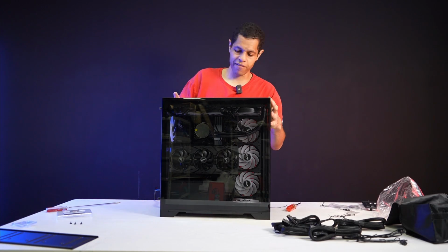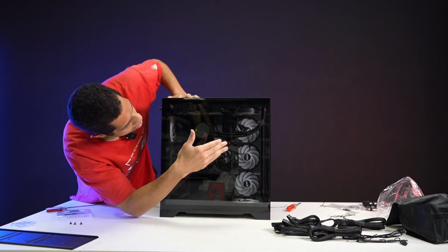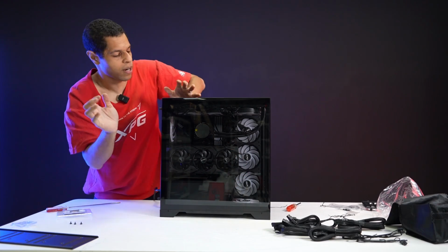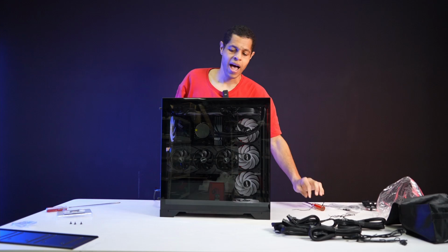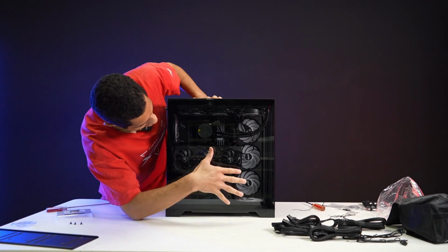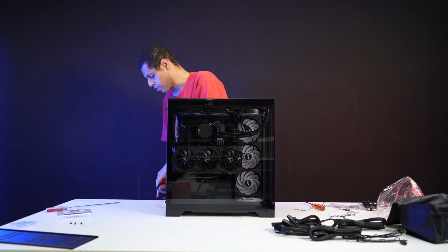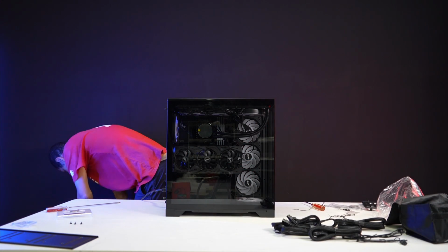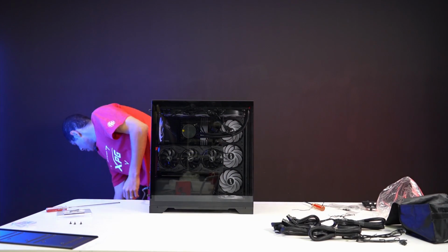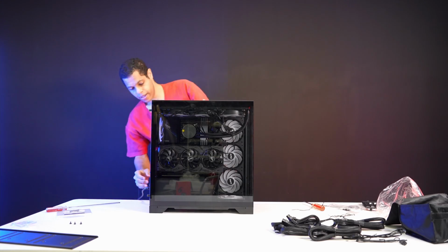So now we have the build. As you can see, everything's good. Vertical mount GPU. I could use some ties and get the cables nicer, but because I'm trying to just get the build done, I didn't. There are definitely ways to improve this, and you do have room here. You can see that there is room in this case, even with it being a mid-tower. So let's plug it in one more time. Move it over slightly. Okay. And with that,